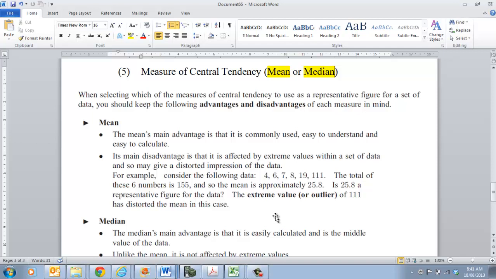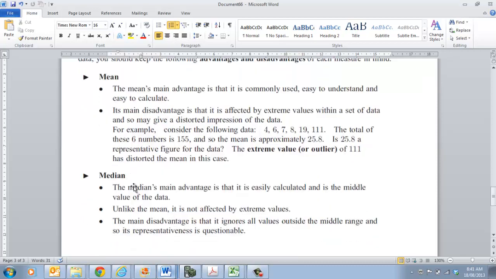So again, if we talked about the really morbidly obese person, they might increase the average or the mean of the class mass by 2 or 3 kilograms, because they can add 2 or 3 kilograms to every person. So you get a distorted data set there. So in that case, when you've got extreme values, your median value would be the one that you'd probably want to use. So the median's main advantage is that it's easily calculated. It's the middle of the data set. It's not affected by extreme values. So if you've got extreme values, then you'd probably have a better representation of the data by using your